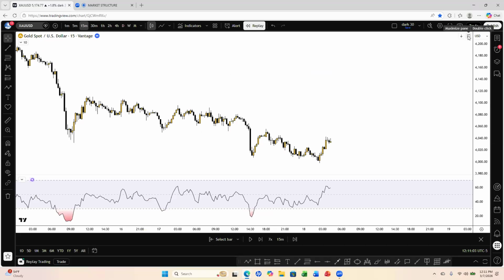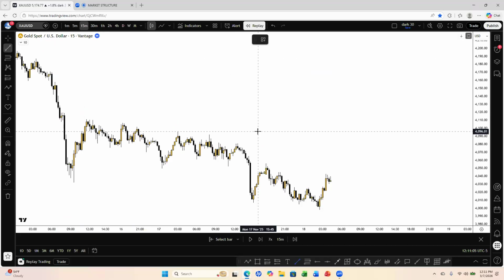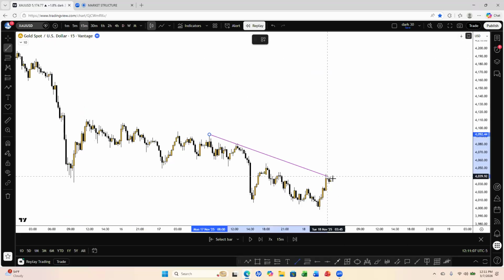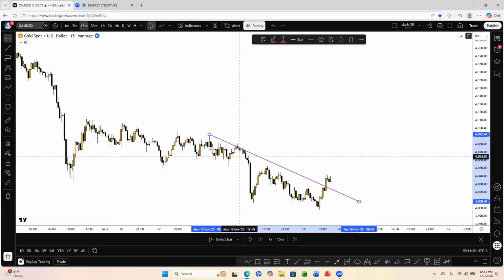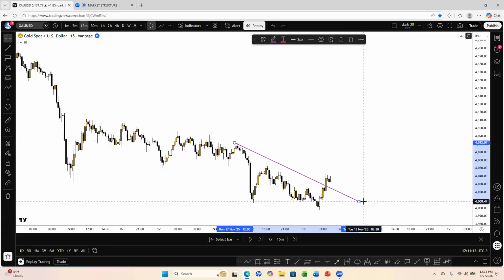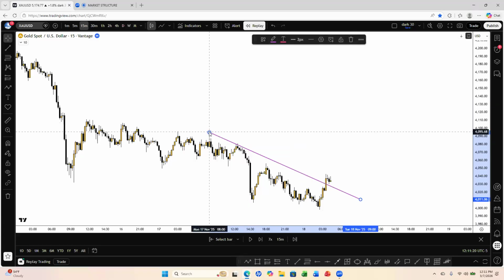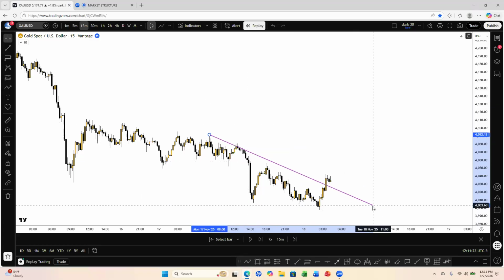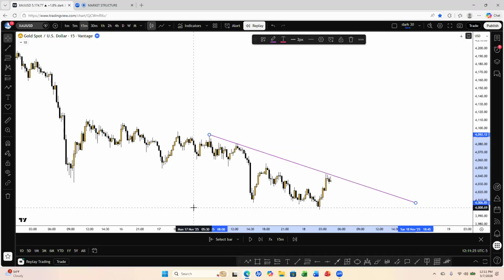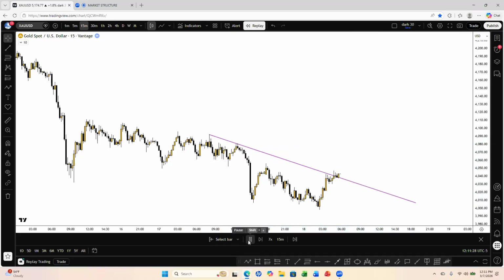Divergence again, lying to us. So it's showing divergence. I would draw my trend line. Hold on. I don't know if I want this one or that one. That's too steep. I don't like that. You'll draw a trend line and look for a break of the trend line. And once it breaks the trend line, this on the 15 minute, it broke and retested, and then it pushed up. But we're gonna go deeper into this stuff later because